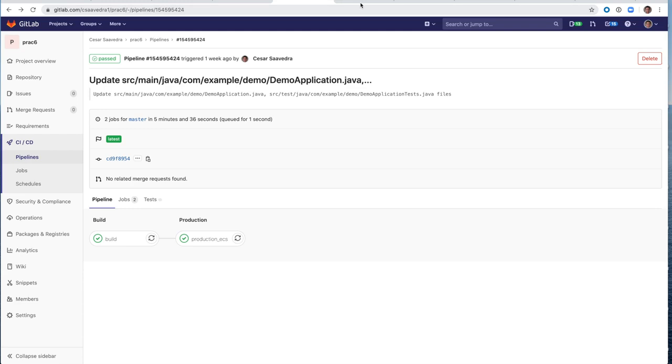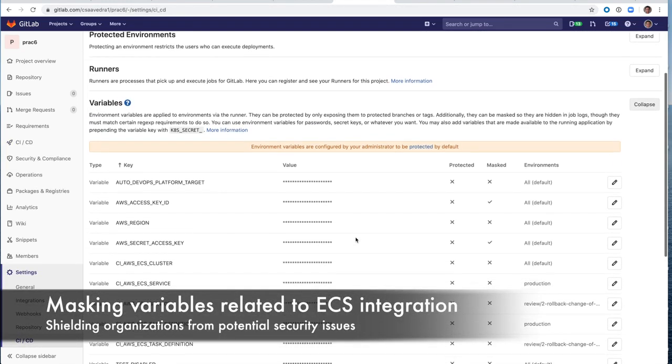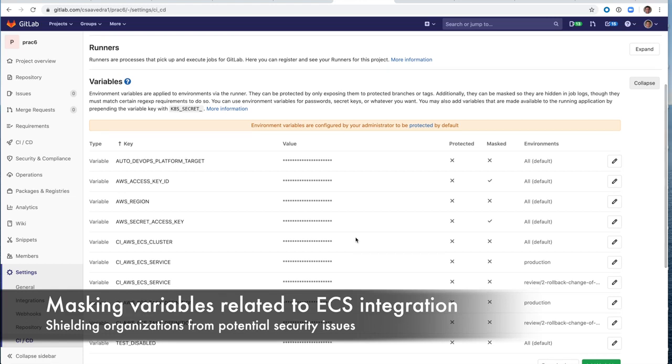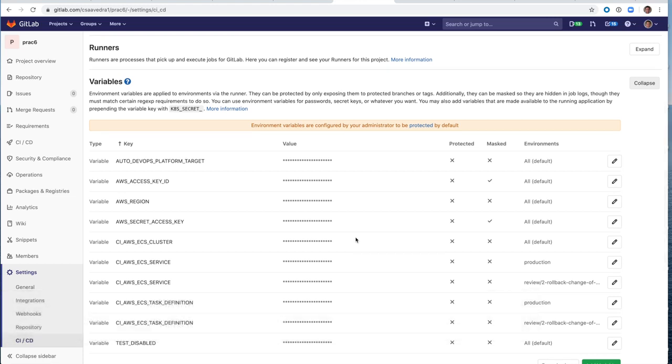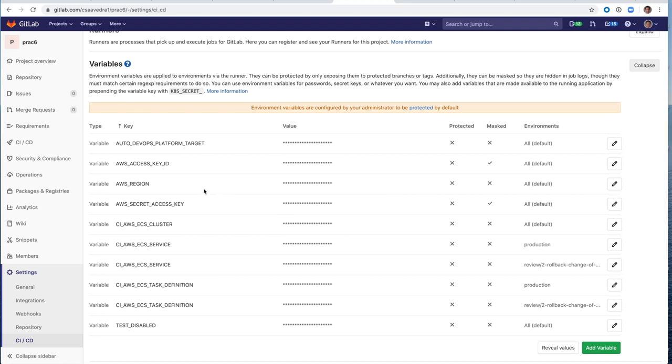So at this point, I'd like to show you the way to protect variables, sensitive information. For example, in this case, you can see some variables in this project related to AWS access key and, for example, ECS service and task definitions, etc. And you can protect them and mask them by checking